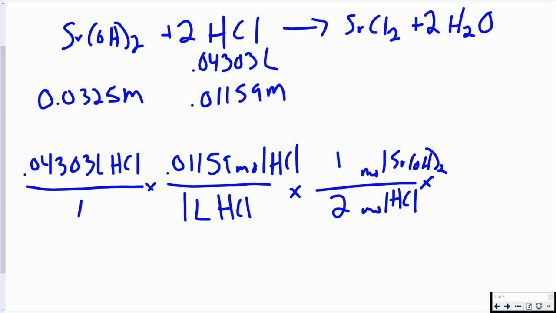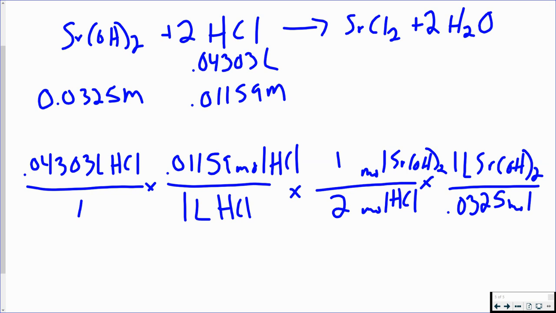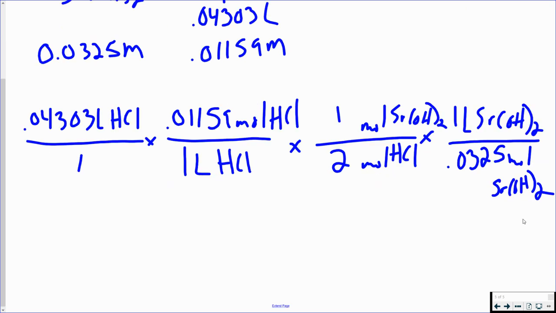And finally, since they gave us the molar concentration, we can use that to put 1 liter of strontium hydroxide over 0.0325 mole strontium hydroxide. Okay. So notice how in one molarity, the moles are up top, in the other molarity, the moles are on the bottom. This is going to give us a final answer. You can multiply all the tops, divide by 2, and then divide by 0.0325. And that's going to give us a volume of 7.67 times 10 to the negative third liters